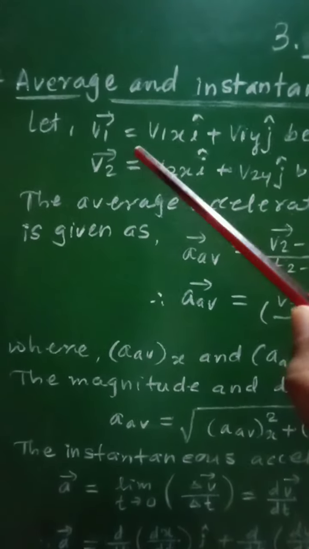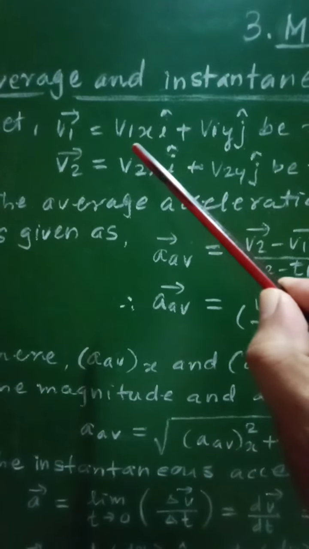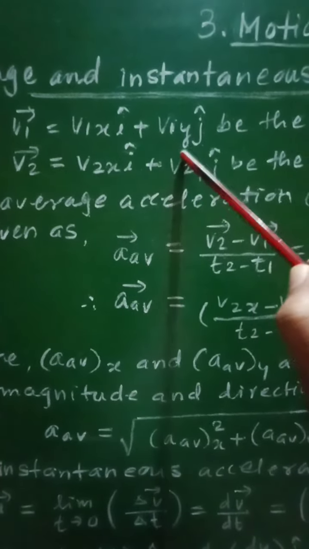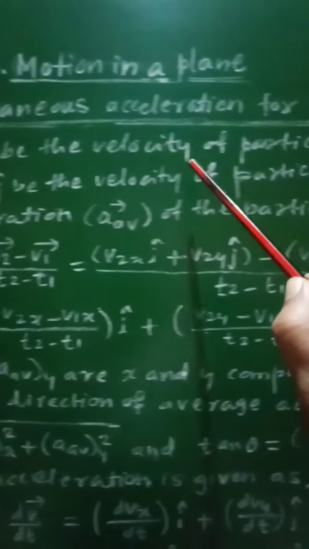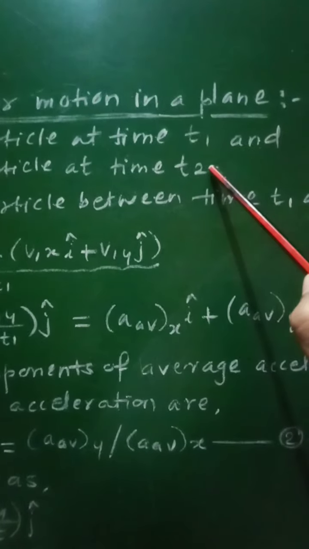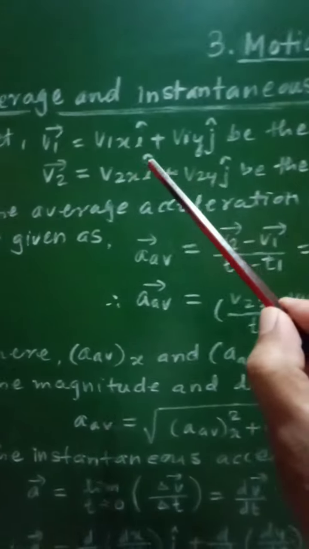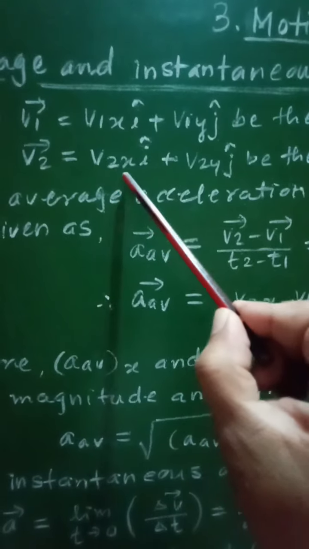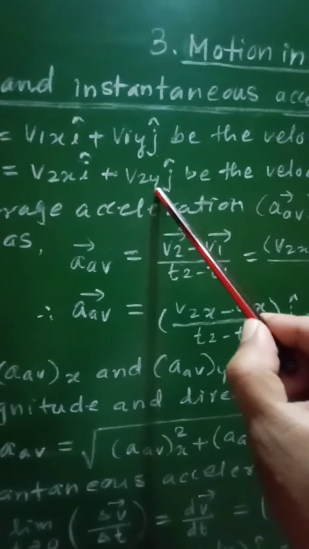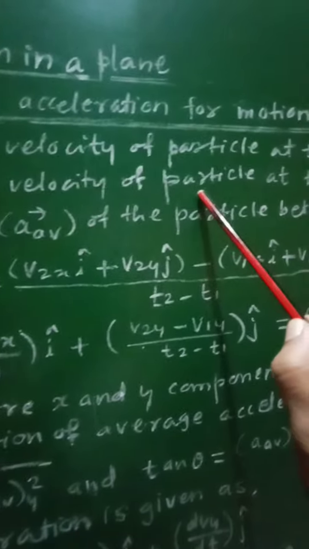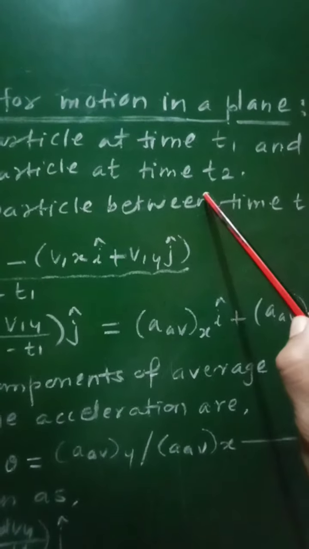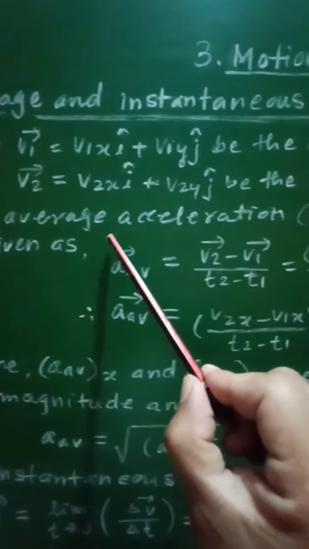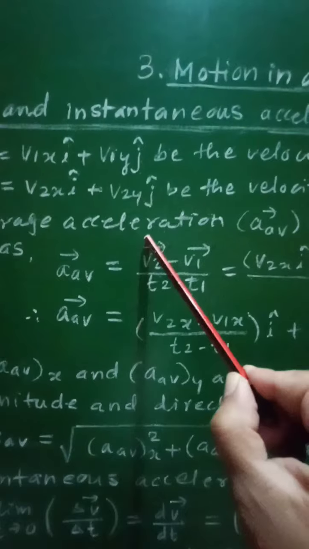and therefore let vector v1 given in terms of its x and y components as v1x i cap plus v1y j cap be the velocity of the particle at time t1, and let vector v2 in terms of its x and y components given as v2x i cap plus v2y j cap be the velocity of the particle at time t2, and therefore from v1 and v2 we can write the expression for average acceleration for a sufficiently large time interval,